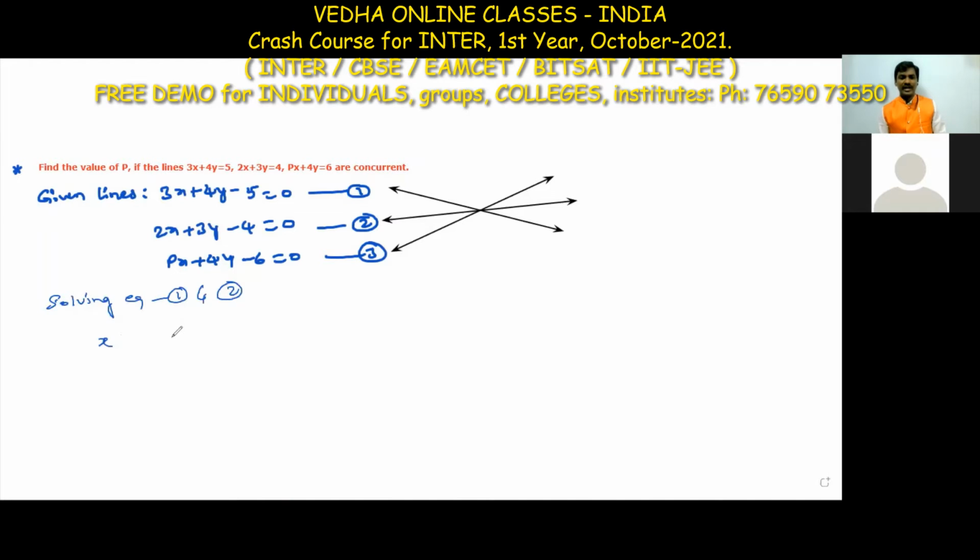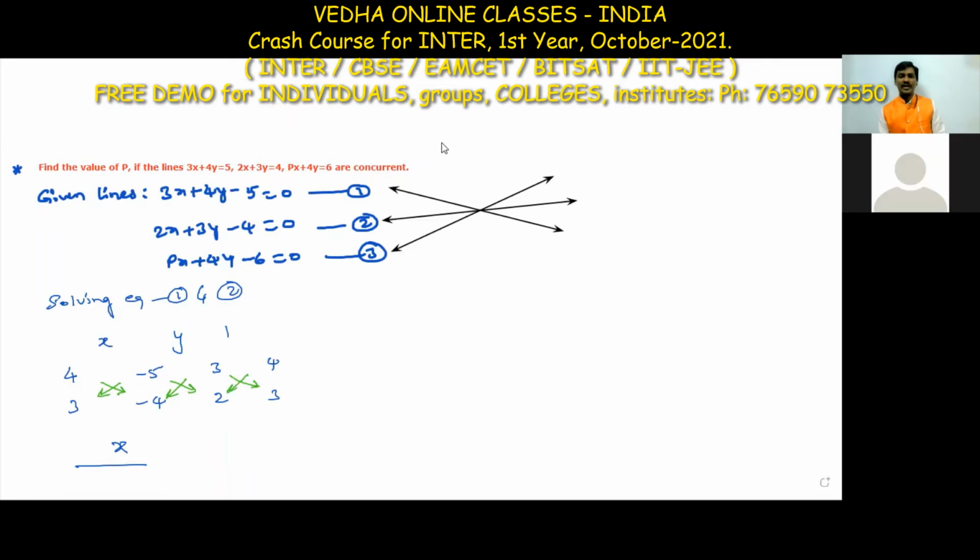So here x, y, and 1. Take the y coefficient, which is here 4, and the constant, and the x coefficient, and again the y coefficient. Take the y coefficient here and the constant for equation 2, and the x coefficient, and again the y coefficient. x divided by... After that, what we do? We apply the AD minus BC concept. Multiply these two minus these two, these two minus these two. 1 divided by these two minus these two.